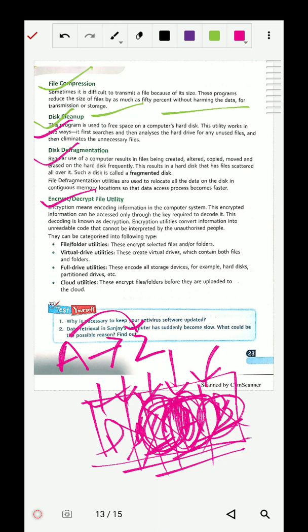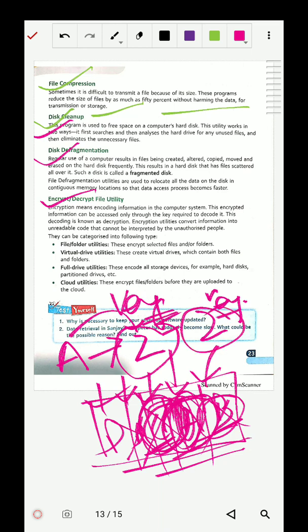Also, whenever we are sending with encryption, a key is also sent with it. So when this message reaches me, it is in the form of 2. How will I know? Again, with the help of that key, I can decrypt. Here was encrypt, and here will be decrypt, and with the help of this key we can know this 2 is A. So this is called encryption and decryption.